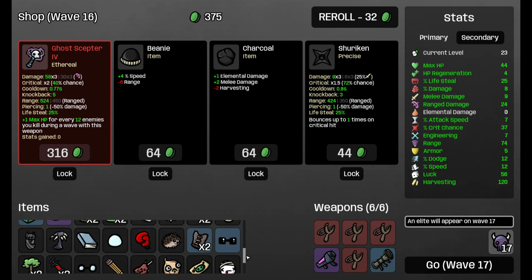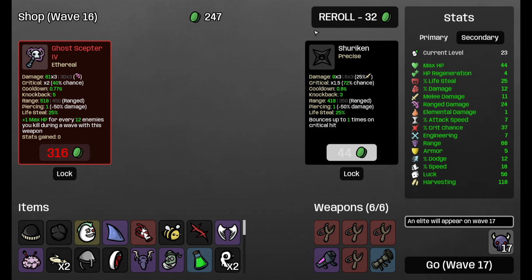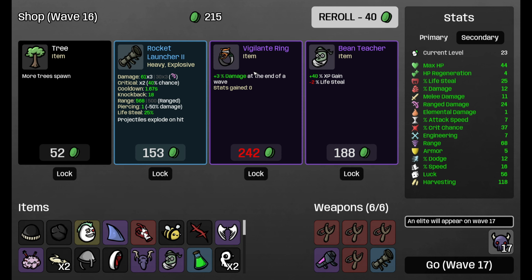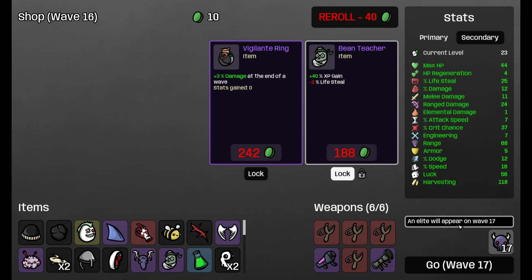Here I have to constantly check whether or not I have these things. I don't think I have either of those, right? Yeah, 12% damage, by the way. Isn't that good? More trees, rocket launcher. The ring is not worth it, Dex, no. And the 40% experience gain, honestly, I would usually go for it, and maybe I will even get it. But I don't think it's worth it because we don't...